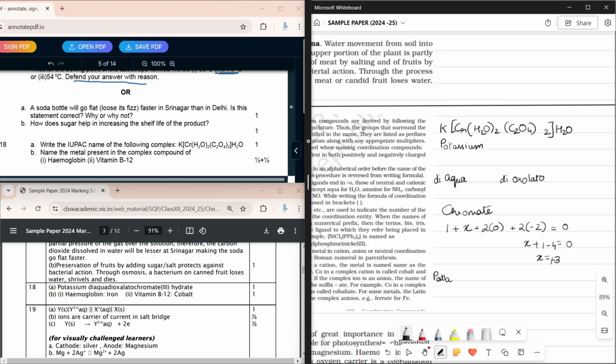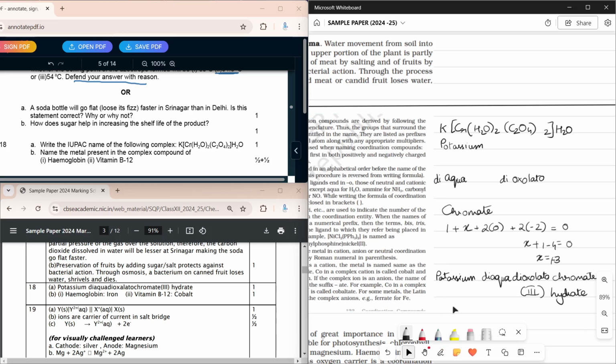I apologize for spelling potassium so incorrectly over here. So you have potassium, and then you have your ligands. So diaqua, dioxalato, chromate, 3, hydrate. That is the H2O over here. So that's the name. And this is obviously from the chapter Coordination Compounds, and